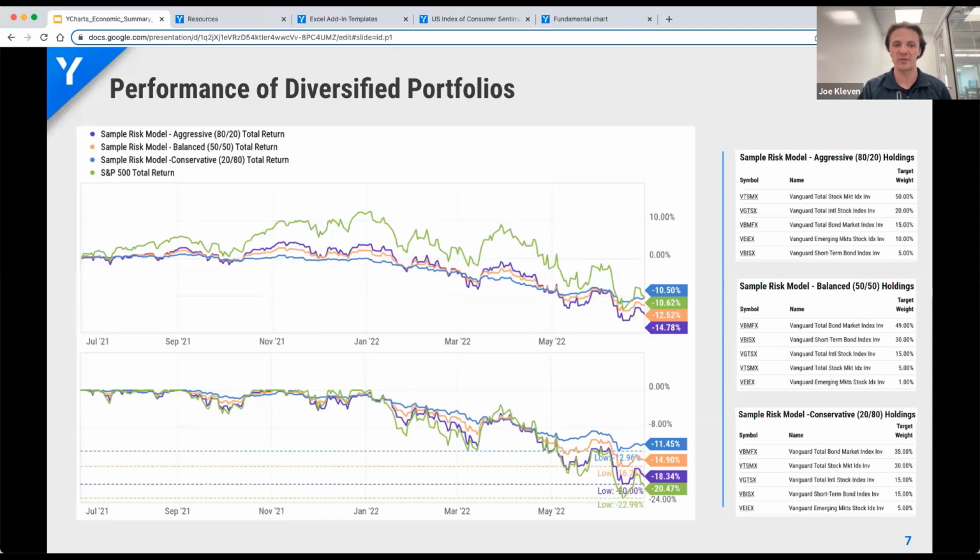So on a trailing 12-month basis, this slide here points out various risk versus return strategies on that TTM basis. We have here stock to bond allocations of 80-20, 50-50, 20-80, and an all stock S&P 500 portfolio. The S&P 500 fell further down nearly as much as 23% from its all-time high logged on the very first trading day of 2022. Of the bunch, the 20-80 allocation was the best over the previous year, but still down